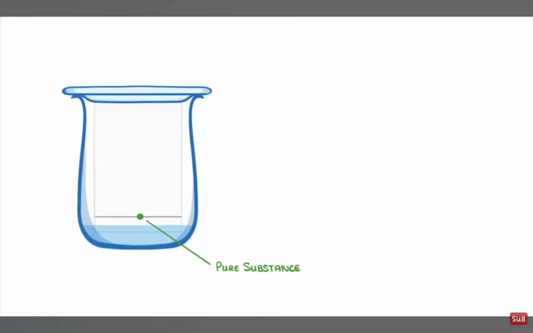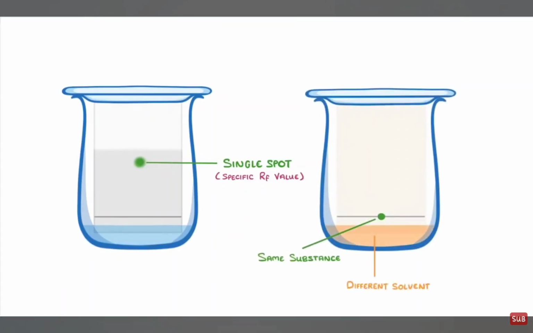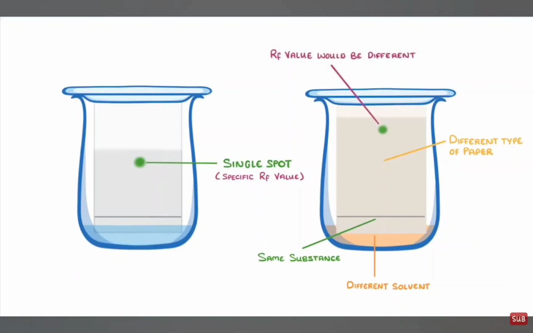One of the important things to appreciate with chromatography is that when we do chromatography with a pure substance, so a substance with only one type of chemical in it, then it won't separate out at all. We'll just get a single spot on our chromatogram, for which we can calculate a specific RF value. However, if we did the experiment again, with the same substance but a different solvent, or a different type of paper, then the chromatogram might look different. And our RF value would be different too, because we'd have changed the mobile or stationary phase. So when a chemist looks up an RF value in a databook, they'd have to take into account which solvent the experiment was done in,